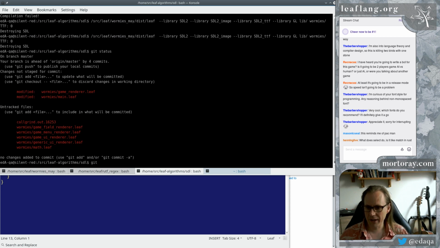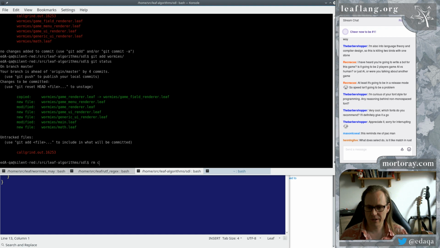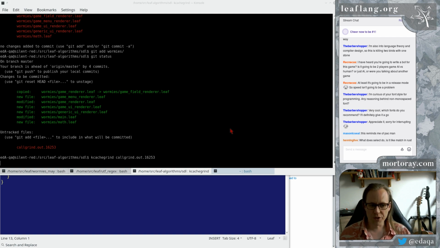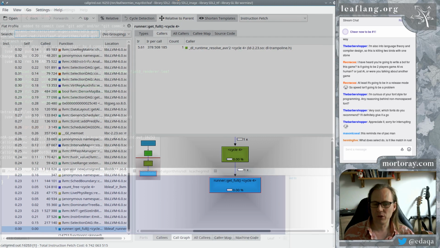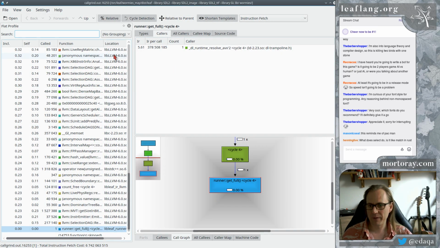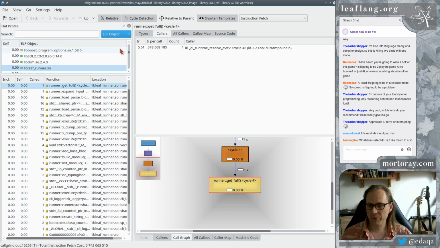And I added all sorts of stuff here, so I'm going to add a whole bunch more. Git add Wormies. I'm going to remove this cache grind file. Actually, for curiosity, to show you what I meant earlier in the show, the startup time we're getting is not coming from my compiler. Well, it is, but it's not coming from my modules. It's coming from LLVM. So if we look at the elf object here,